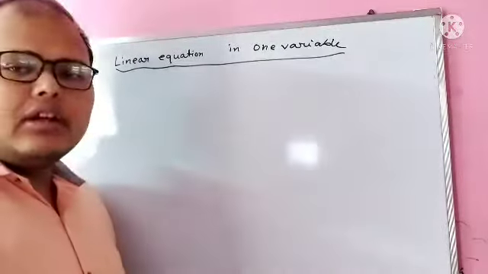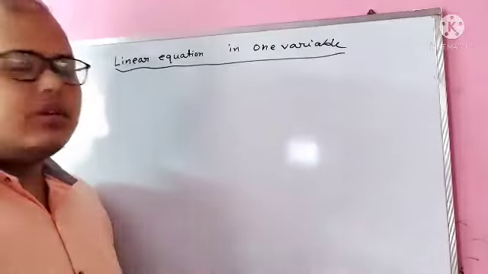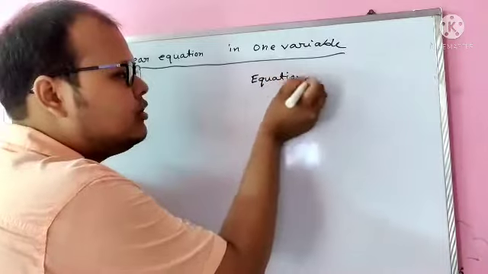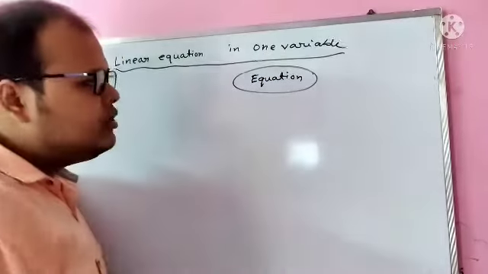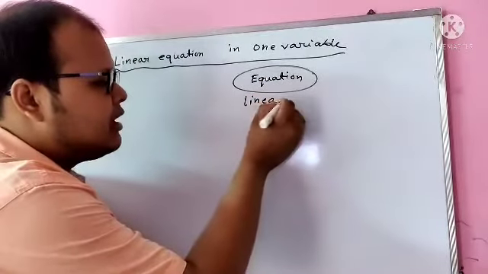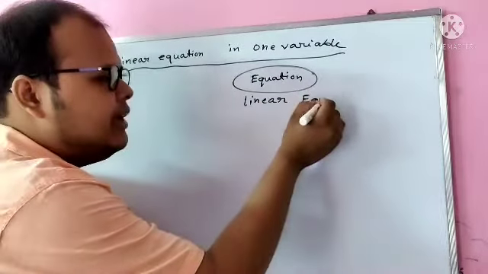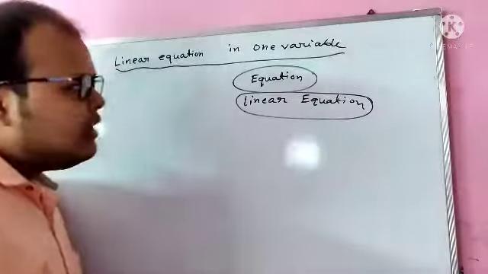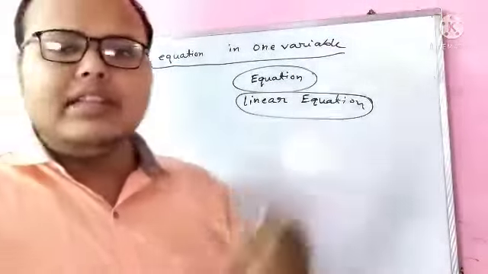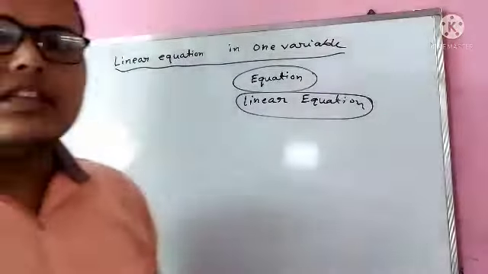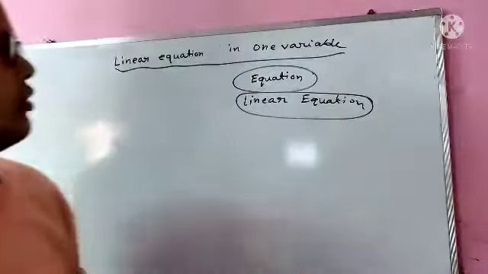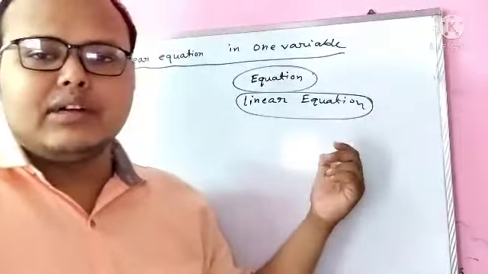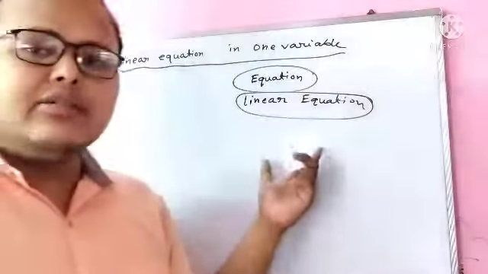The things that you have to learn here, first of all the keywords, that is what is equation. The chapter name is linear equation, so we should know about equation first, and then we should know what is linear equation. Variable, you know, in your algebraic expression you have learned about the literals and variables. So the equation will be in one variable. That is why the name of the chapter is linear equation in one variable. So basically we will be learning here what is an equation and what is a linear equation, and what is the specialty or characteristics in a linear equation.